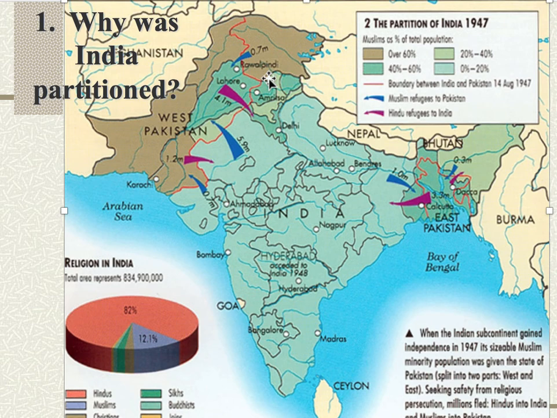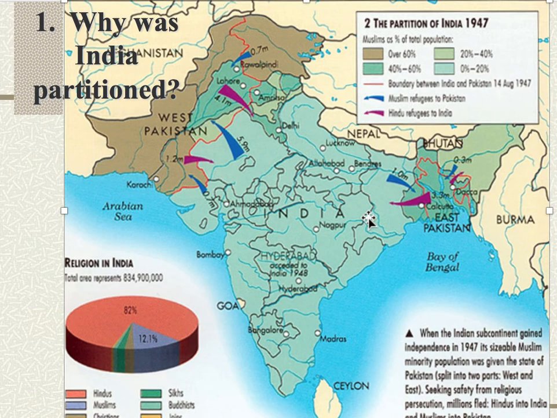You're having over 60% Muslim, but they're going to be part of India. You have this area here around Lahore, which is between 40 and 60% Muslim, which means it's between 40 and 60% Hindu, and that's going to be part of Pakistan. If you look at this area here, which is East Pakistan, which today is the country of Bangladesh, 40 to 60% Muslim, but again, that means 60 to 40% Hindu. So these lines, like we've seen before in other circumstances, were not perfect. And this is going to create a very big problem for when these two countries are actually created.